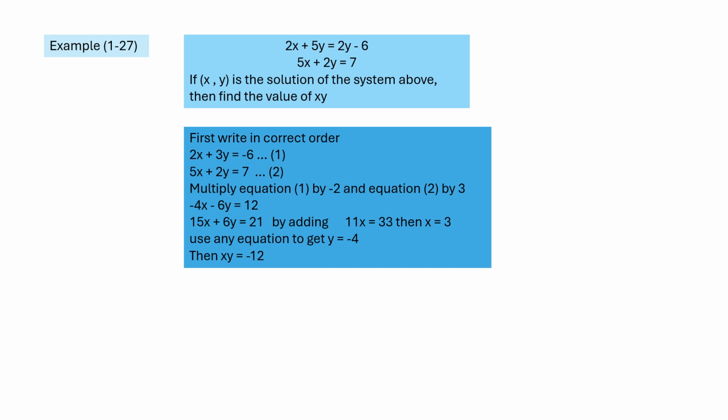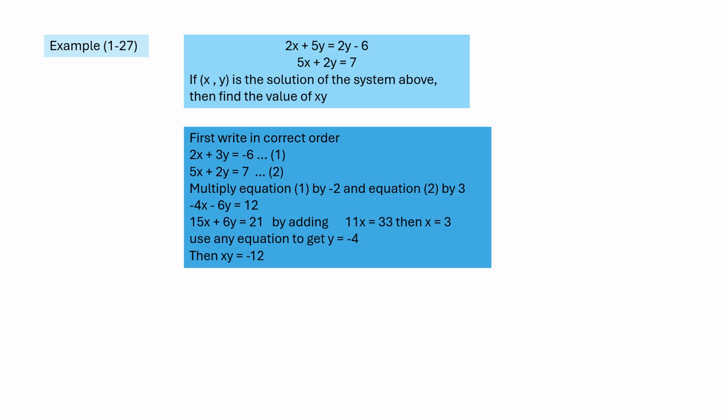Look at the answer. In this case, you must multiply. If you decide to eliminate y, make y have opposite coefficients. So the first equation you will multiply by negative 2, and the second one you will multiply by 3. When you do this, you will get negative 4x minus 6y equals 12, and 15x plus 6y equals